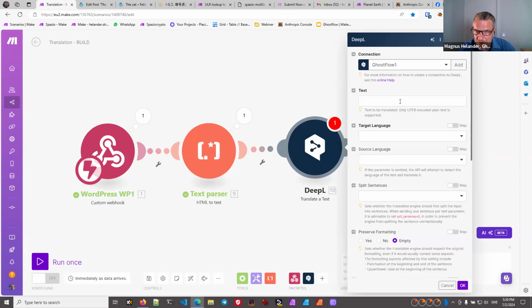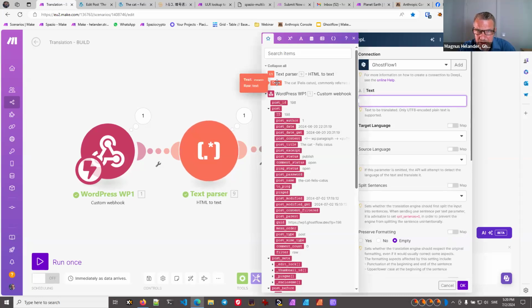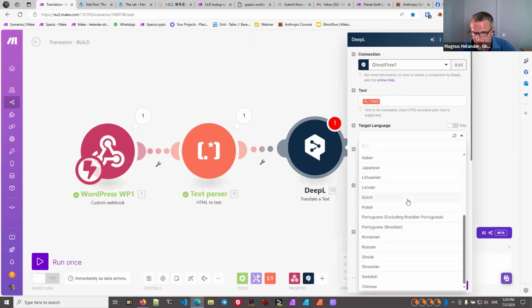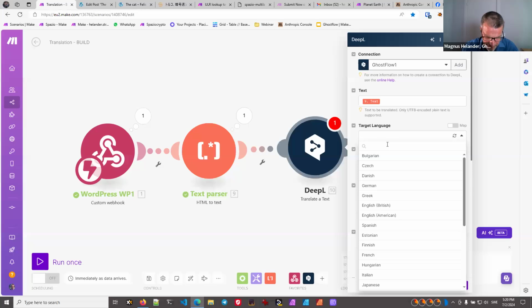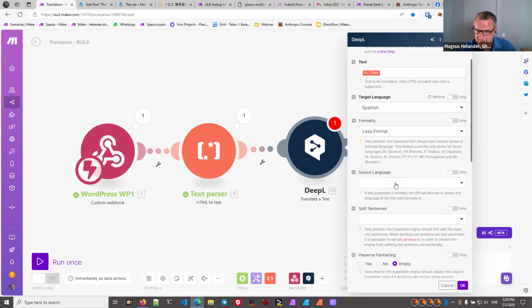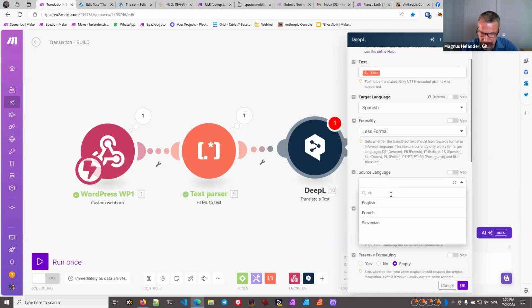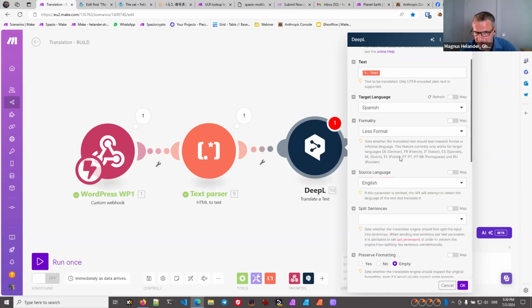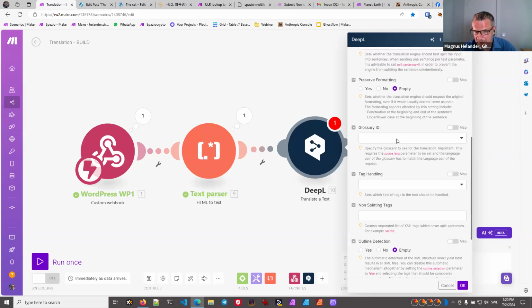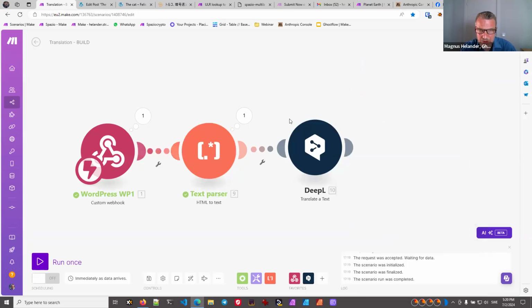And the text I want to translate is this text parser's text. And the target language is all the languages that are available on the DeepL platform. Today, let's try Spanish. And the formality is less formal. We're not so strict. Source language, it is English. It's not necessary, it can actually identify this itself. And then some other stuff if we want to do some more advanced things here, but overall, this is good. So that's the body, but we also have to